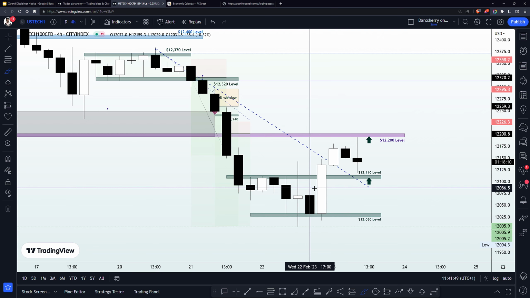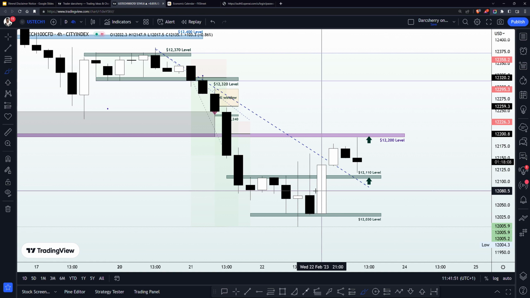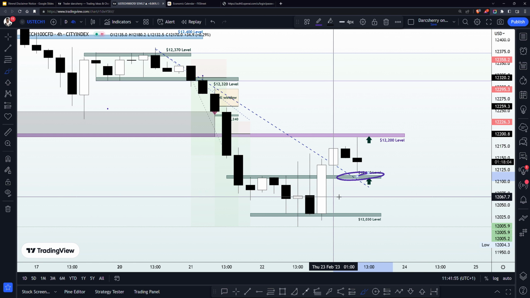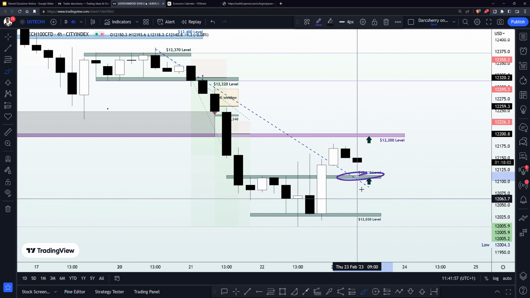And remember, those who are already in this trade, you definitely want to have moved your stop loss to your entry point to secure your position against any sudden pullback here.